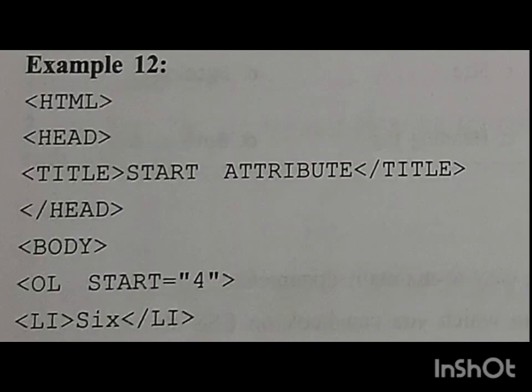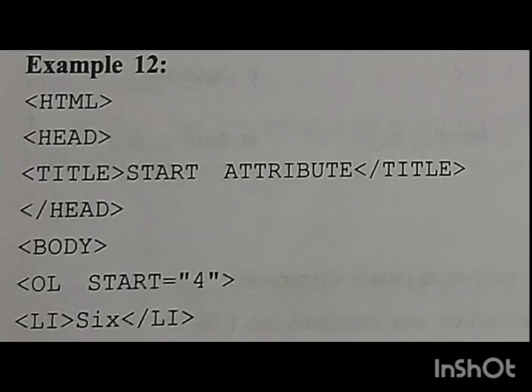Now class, I have selected one question for you. You can see that this is the first part, HTML, head, body, you all know. After that OL is written. OL start with 4. Now there is no type given, so you can see li 6, next page, this is a little bit blur, but li 7, li 8. li is the tag used for creating a list.